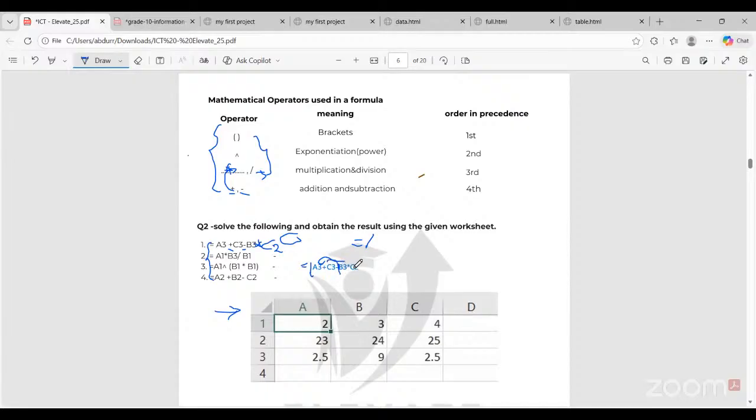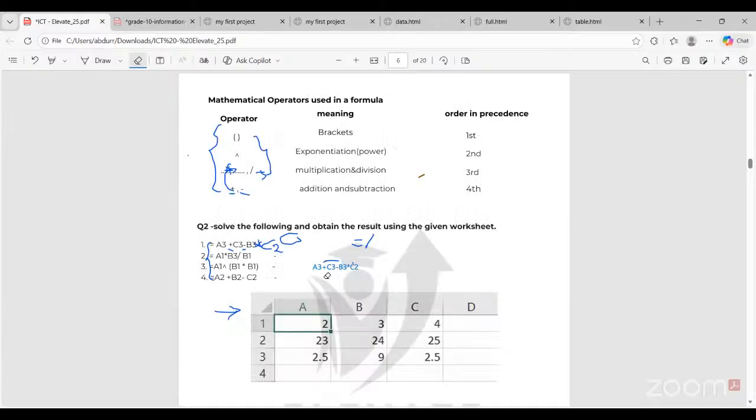Now in here, multiplication comes before addition and subtraction. So we must do the multiplication sum here first and then only go to addition and subtraction. So remember, each of these cells have values. Now what I am going to do is solve each of these formulas for you and show how we are going to get the